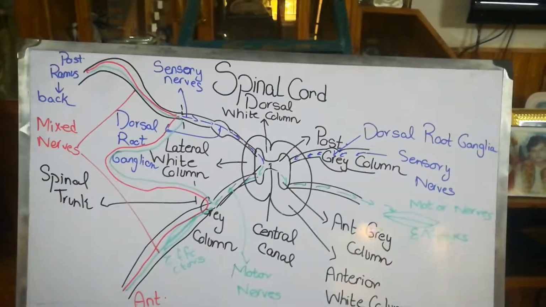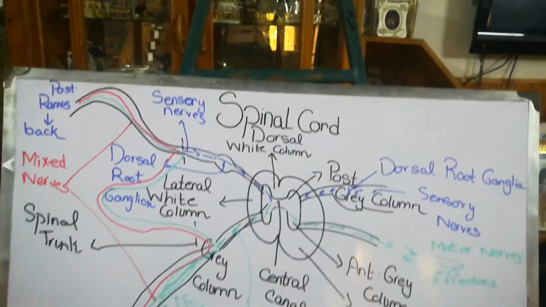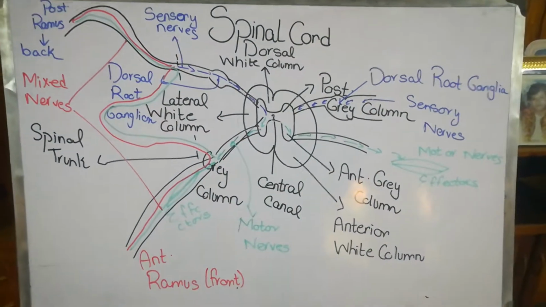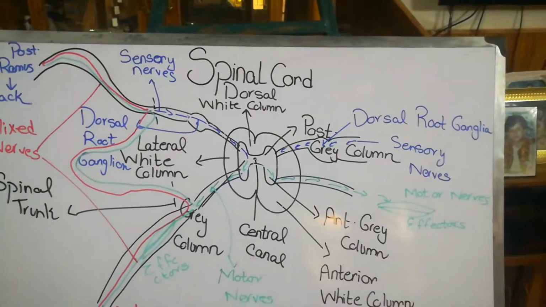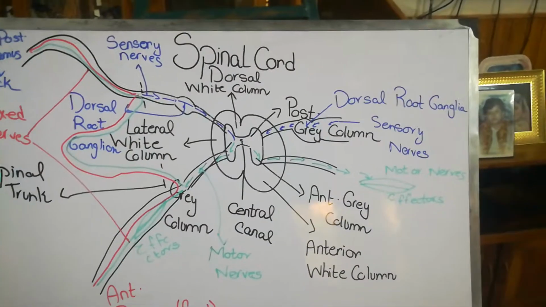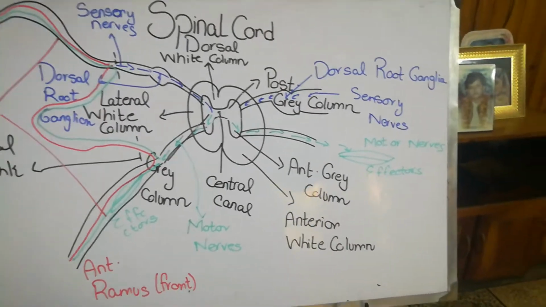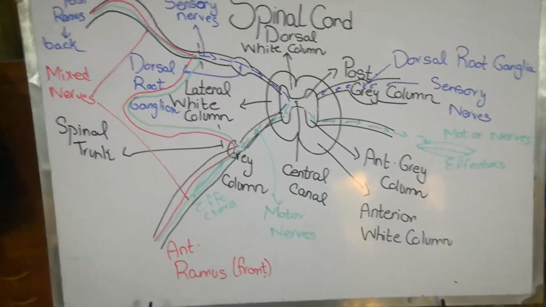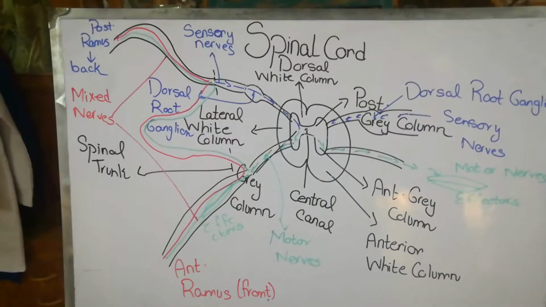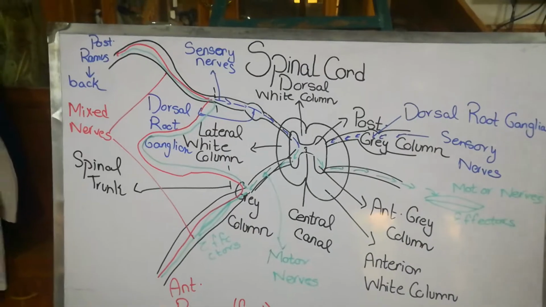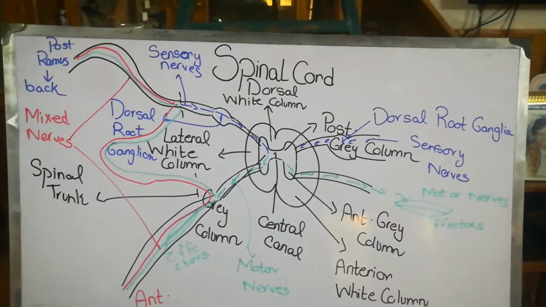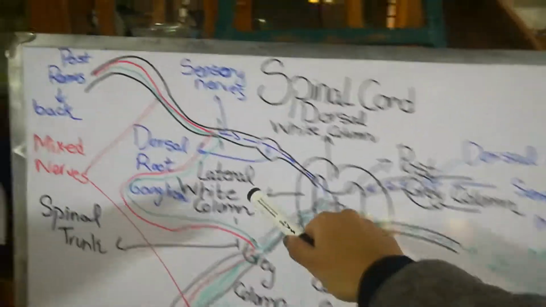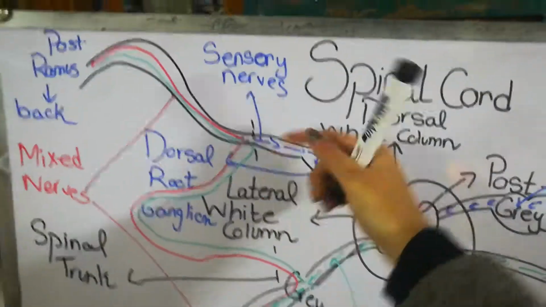So on touching, if someone touches my hand, obviously there will be specialized receptors present in my skin which will get stimulated. Once those receptors are stimulated, obviously they have to either inform the spinal cord or inform your brain. Means they have to deal with the nervous system. So those impulses which carry the information from my skin, from my hand to the brain, to tell what the brain has to do, those nerves which are carrying impulses towards the spinal cord, that is known as your